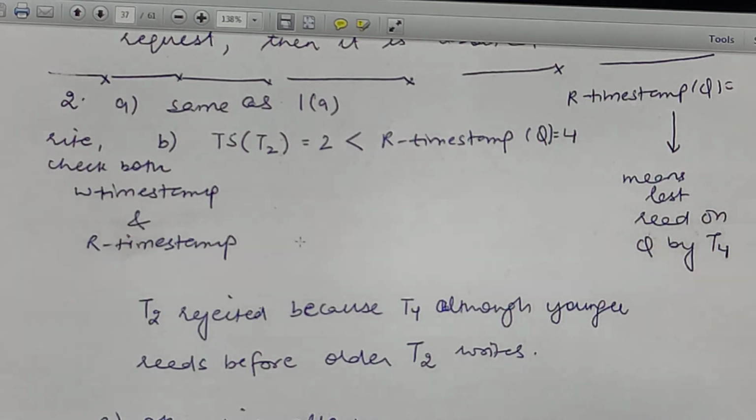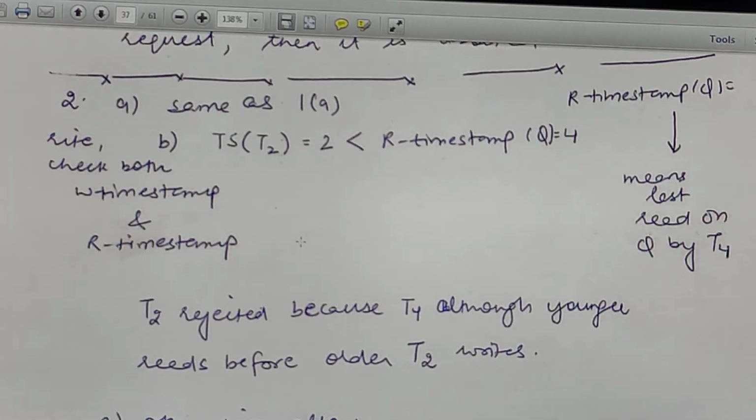Now similarly, let's see the second part. If the transaction T2 has placed a write request, again for the write request we will compare the timestamp of Ti with the W timestamp of Q. That is, 2 is less than 3. Again, T2 will be aborted or rolled back. Then we will compare with the R timestamp. Suppose the R timestamp of Q is currently 4 and T2 has requested the write operation. Now T2, being the older one, will be aborted. Otherwise, if another transaction T5 comes into the picture and requests a write or read operation, then we would have allowed it.